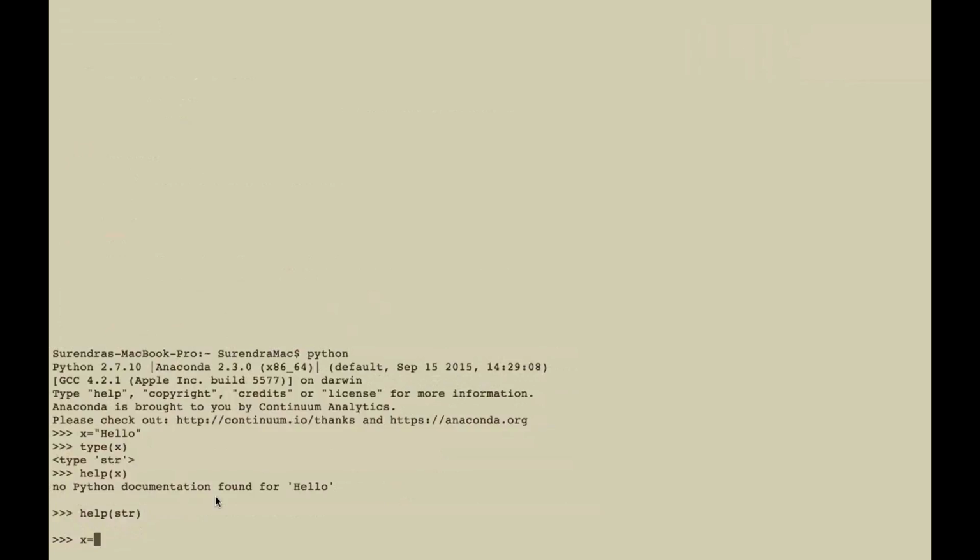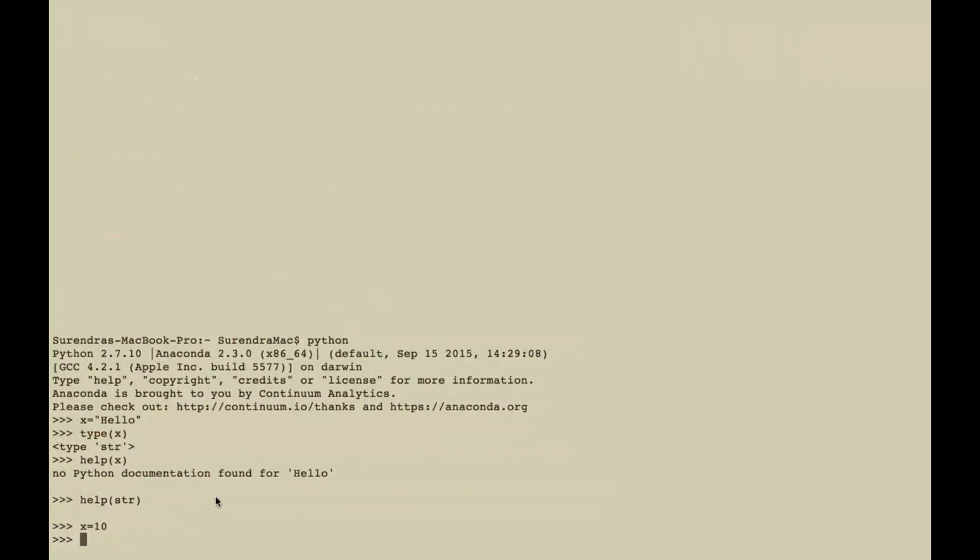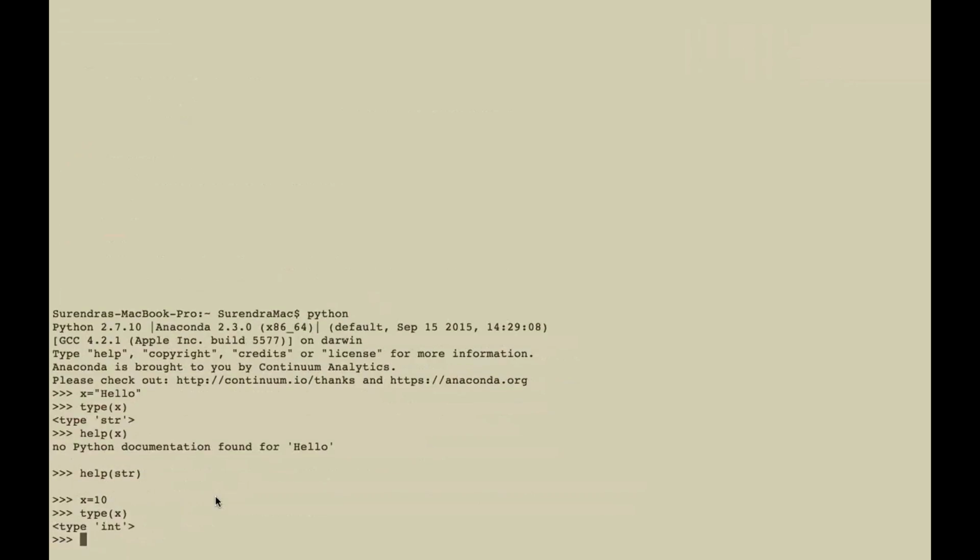So that's the reason I say you need to have some programming language background here. Because Python is a high level language. It is not the low level language. And here everything is dynamic. So whatever you see here is dynamic. So now what is dynamic here? So you have a dynamic typing here.